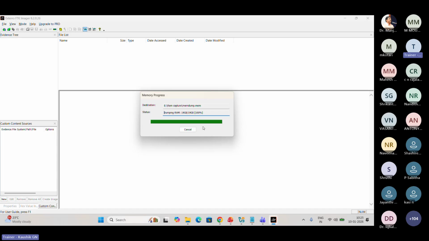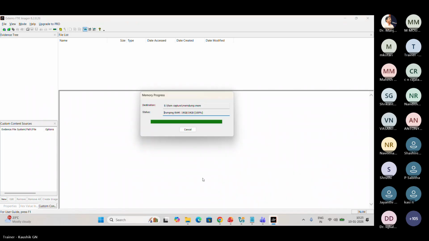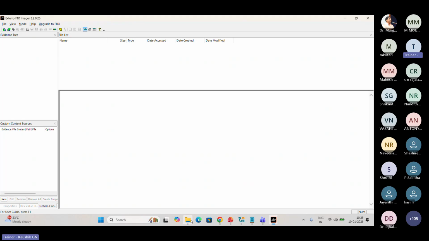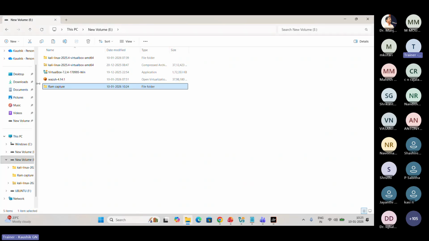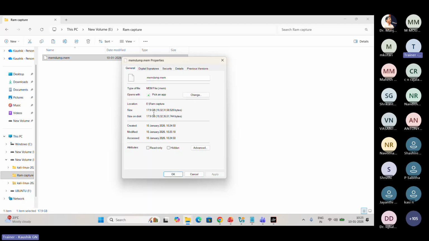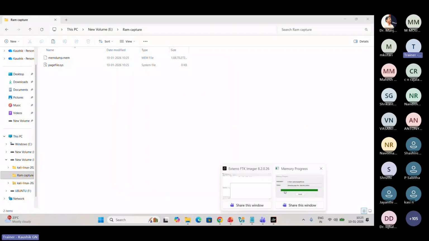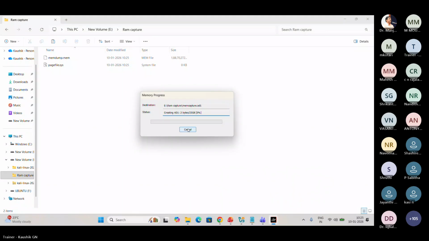Yes, the capture is done. 100% is done. Here you will find the file. The size is 17 GB, showing the disk space of the memory. The live capture is done.